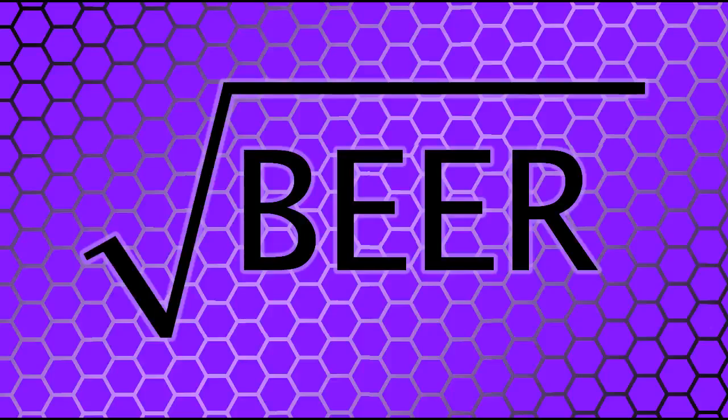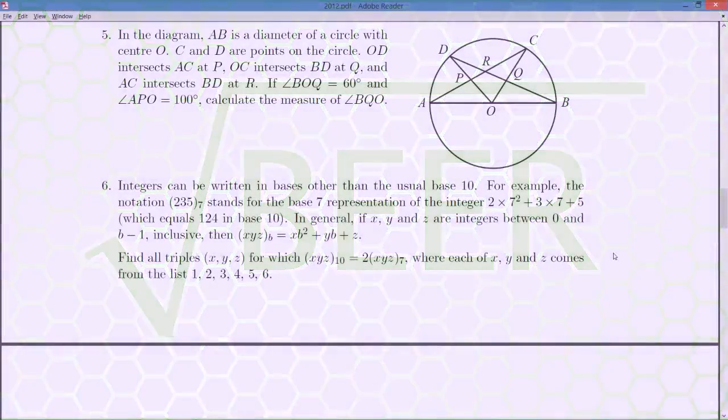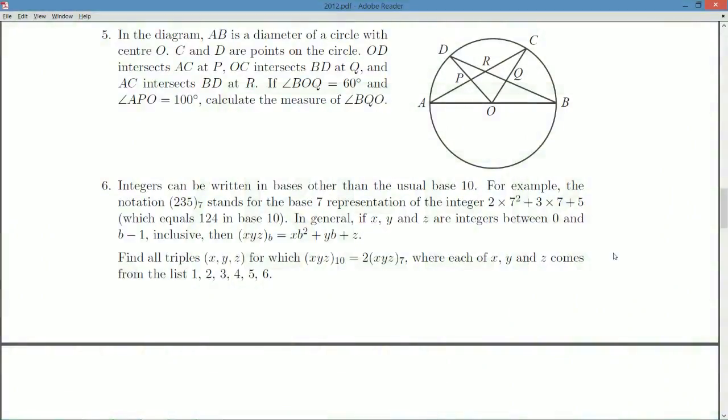All right, welcome back. We are continuing on with the 2012 intermediate paper, and we're almost done part A. This is the last little bit. We just need to do question 6 right here. Question 6. So let's take a little bit of a read, get the juices flowing, and we'll figure out how